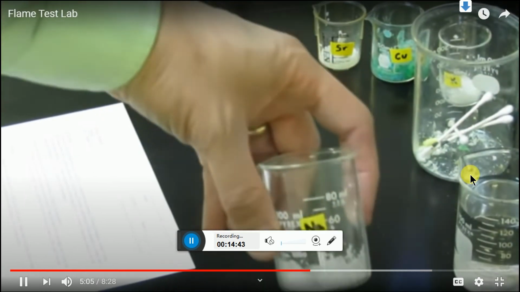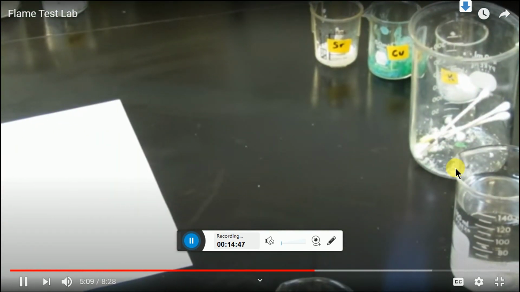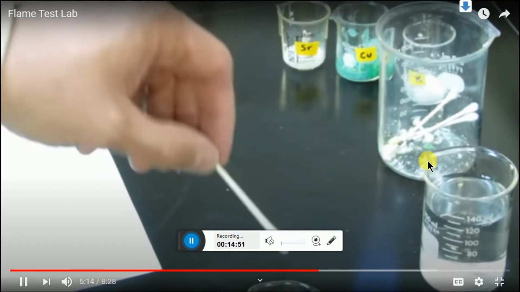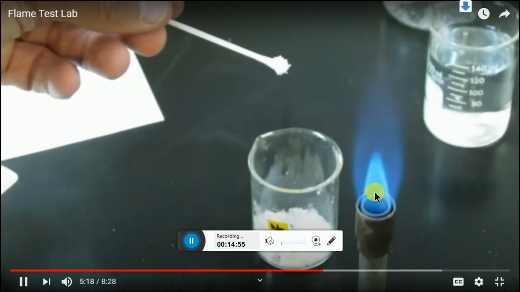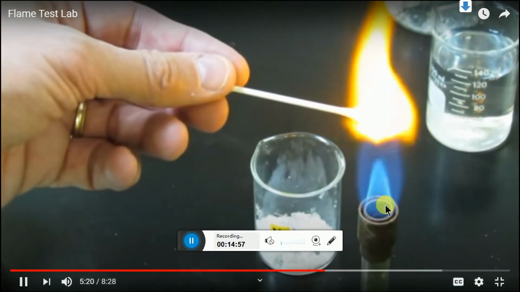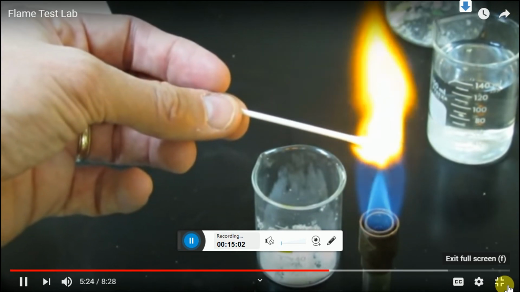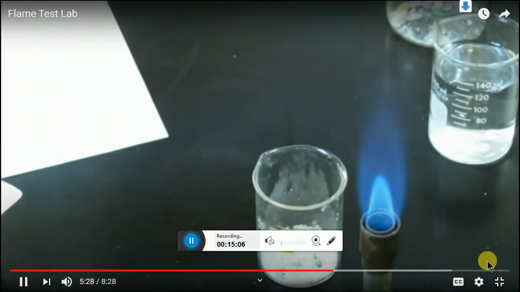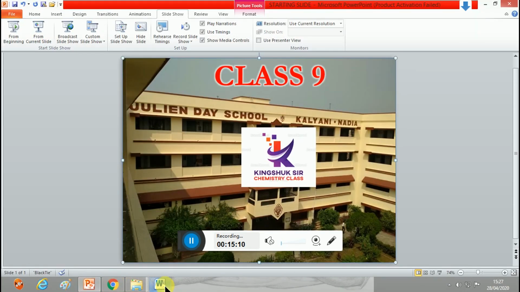Now next is sodium. Theoretically you have learned that it will produce a golden yellow flame. The golden yellow flame is only due to the sodium salt. Okay students,